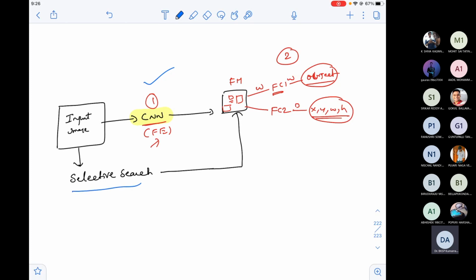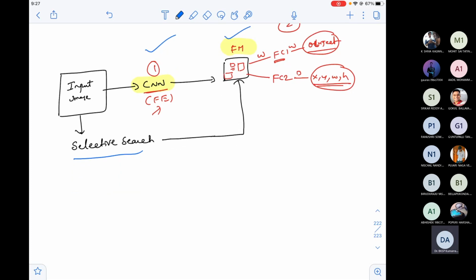Applying selective search to the feature map is also fine. But I think something is missing at this point, at the feature map point. Applying is not a big deal; we can apply. What is happening here? Something is missing. What is that? We'll see this.